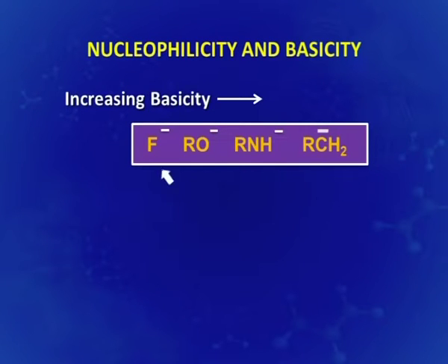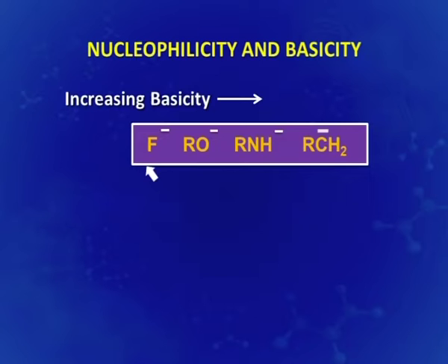So, if we take fluoride minus, alkoxide, amine and RCH2 minus, what do we observe? We see that in this case, the order of basicity is fluoride is the most basic, then RO minus, then amine, and lastly the alkyl or the carbanion group, whereas the nucleophilicity has the reverse order, that is RCH2 minus being the most nucleophilic, and then amine, then RO minus, and fluoride ion has the minimum